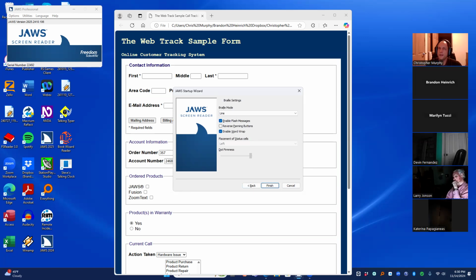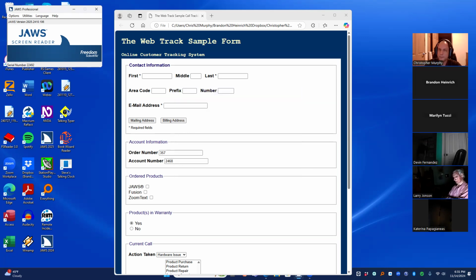So this will complete the setup of the wizard, but since I don't want to save those settings because I've made some setting changes, if I press enter right now, it will actually save those setting changes, and I don't want to do that. So I'm just going to press escape. If you had made changes and you want to save those changes, you can press enter, but since we're not going to, I'm going to press escape. Escape. JAWS Professional. So now we end up back in the JAWS window, and like I said, if you are